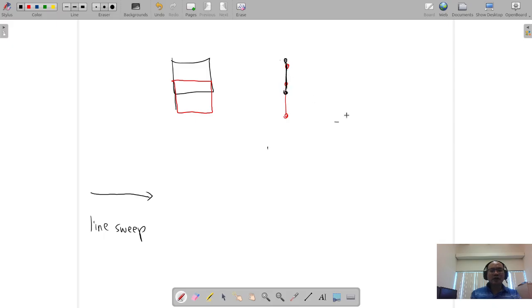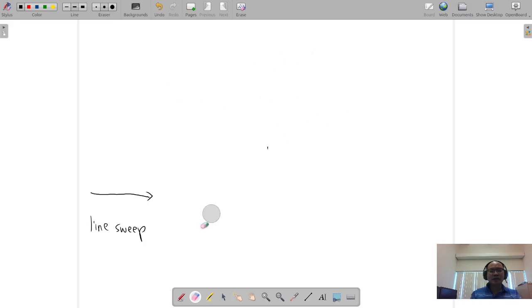So somehow when you exit, you need to know that you actually exit both of them, but you have to keep track of the overlap so you know that the length is not just the sum of these two, but whatever that length is. Okay,